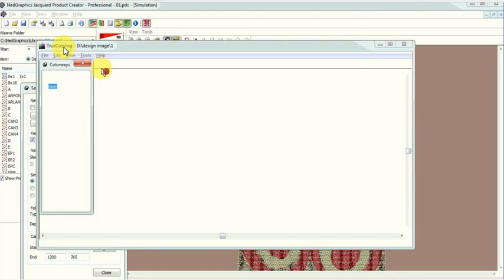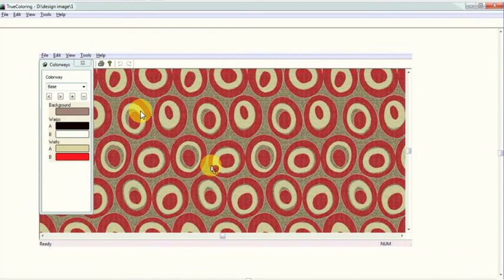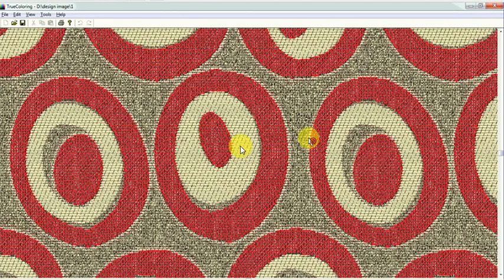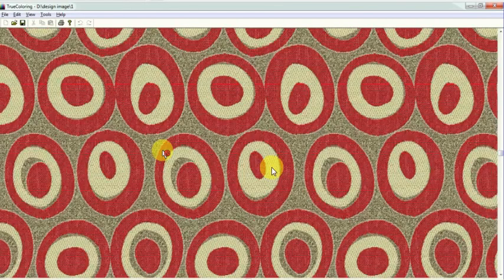Yeah, this is true coloring. We get the design here. See how it's looking. You can just zoom and check. Texture is there, due to this yellow color, light yellow, and this chenille red color, and this is how we get the fabric. And now we're going to see how it looks on the loom. Okay, when I am weaving this on the loom, similar I have to get. So I'm going to show you that also.